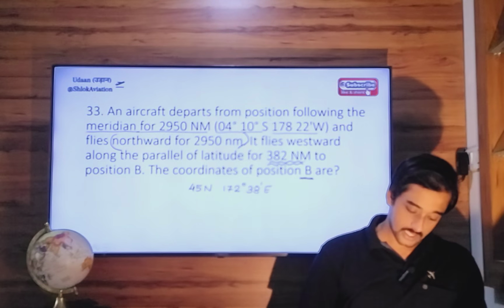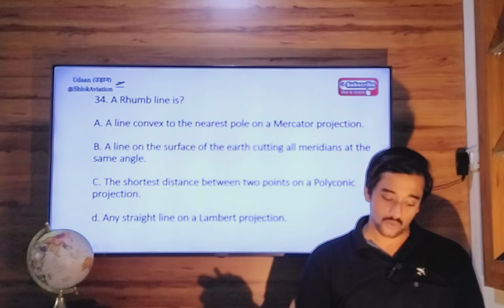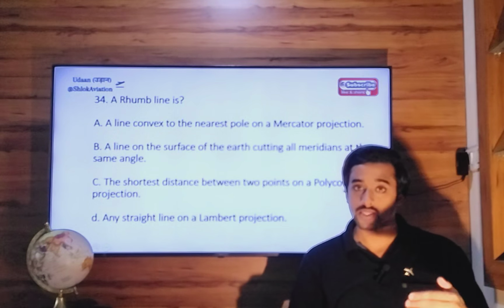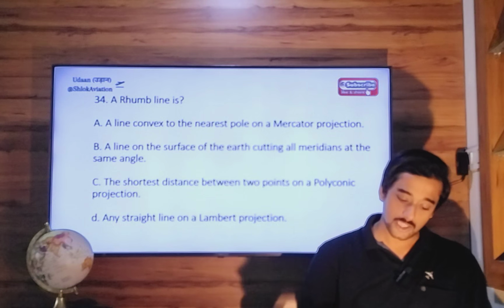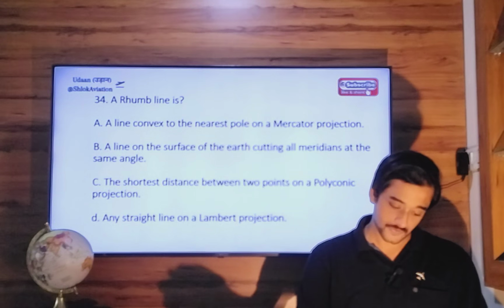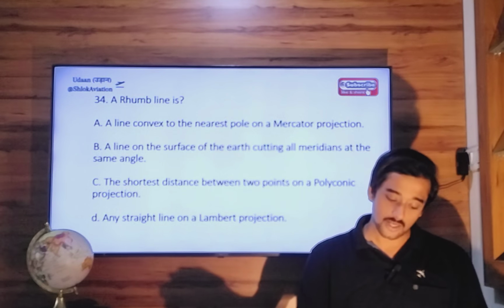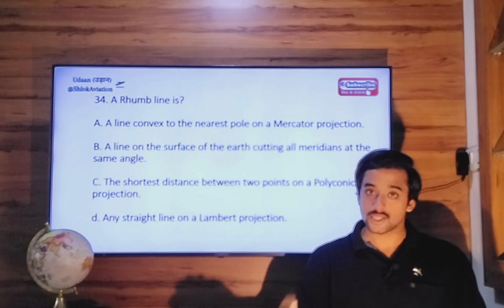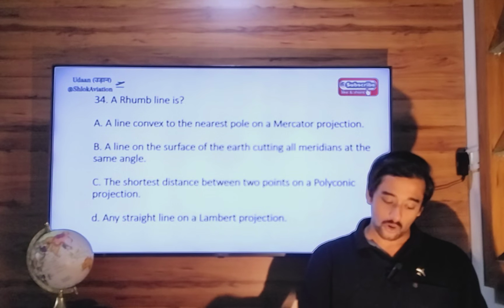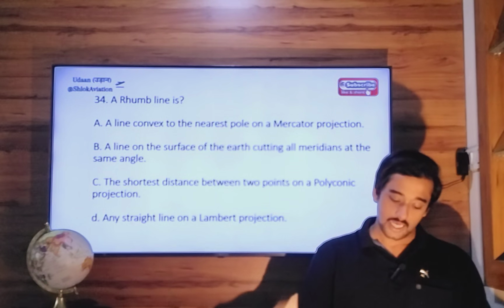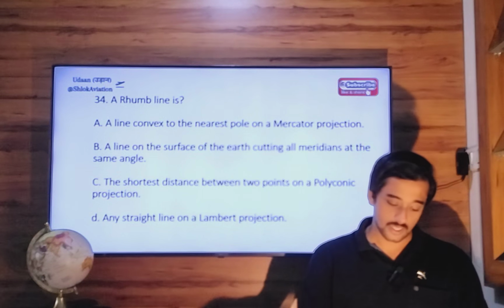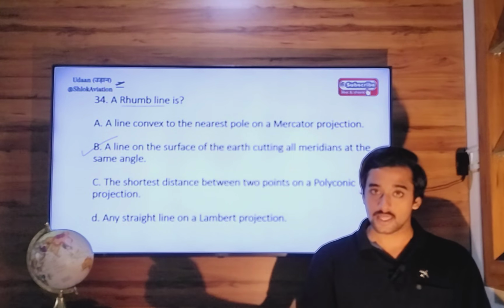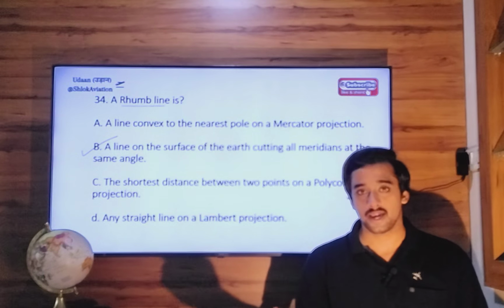Correct? Next. A rhumb line is what? Is it a line convex? Convex means bending towards something. Towards the nearest pole on a Mercator chart, a line on the surface of the earth cutting all meridians at the same angle, the shortest distance between 2 points on a polyconic projection, any straight line on a Lambert's projection. So a rhumb line by definition is a line on the surface of the earth cutting all meridians at same angle. Okay,